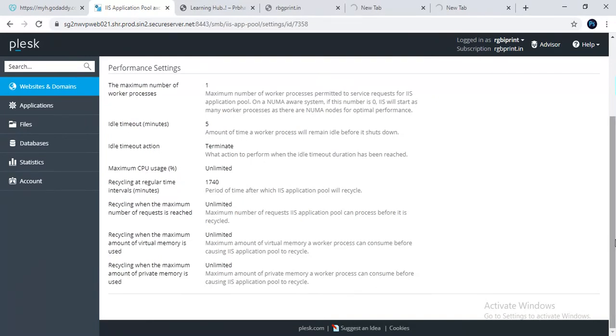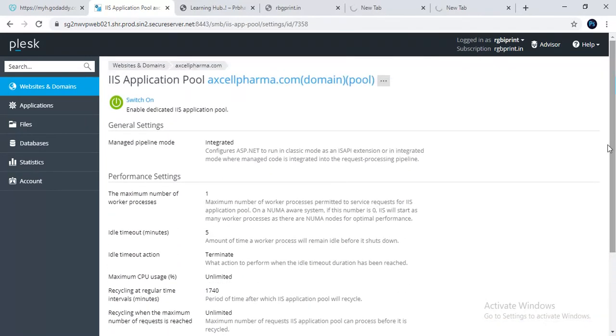Let's come here. Initially it's showing switched off. We need to switch it on. I'm clicking switch on.